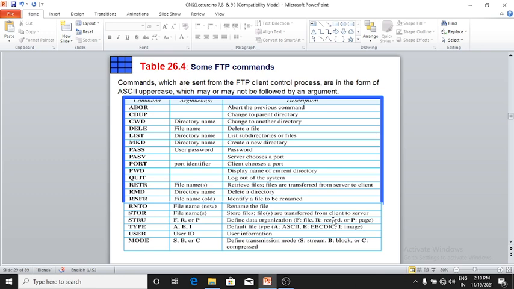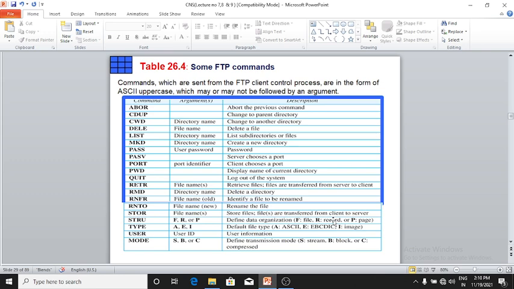PASS is the user password. PASV: the server chooses a port, and the port identifier is given, while in PORT the client chooses a port. PWD displays the name of the current directory.